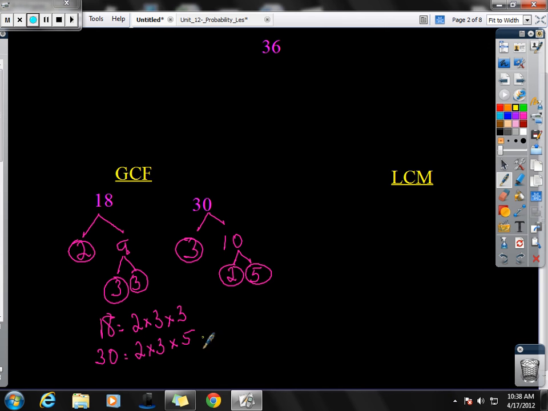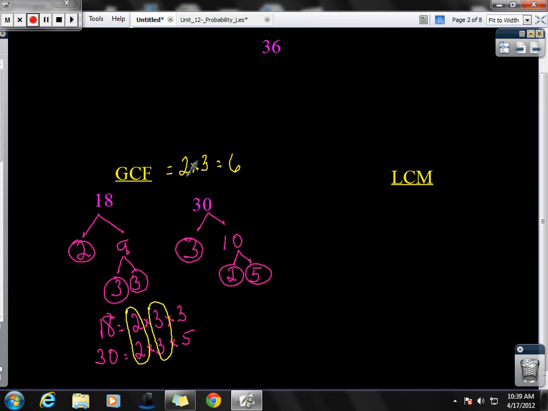When we circle the prime numbers, I want to circle the numbers that are exactly the same in both 18 and 30. So I can see I used my 2, and I can see I used my 3. I have a 3 here, but not an extra 3 down here, and I have a 5 down on 30, but not a 5 in 18. So the greatest common factor of 18 and 30 is going to be 2 times 3, which equals 6. 6 is our greatest common factor, and that's going to be helpful for us in finding other examples when we're trying to calculate